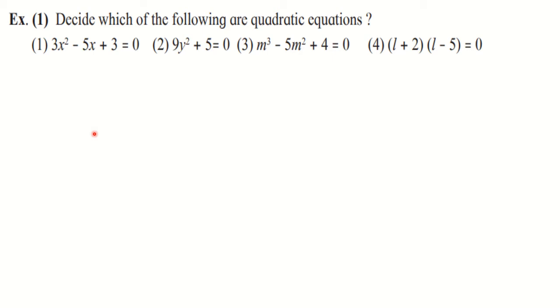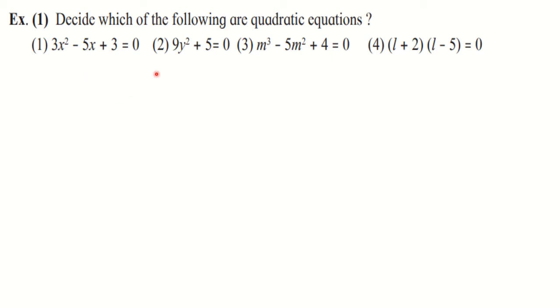Also, you can write in this way, you have to check the degree of the equation. The highest degree should be 2. Also, you have to check the variables. You should have only one variable. And if the condition is satisfied, you can write down that the given equation is a quadratic equation.